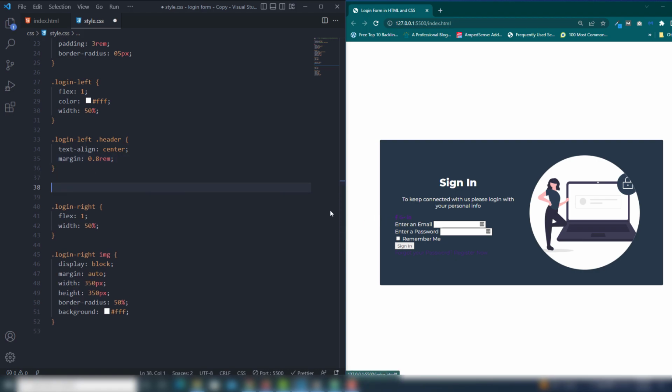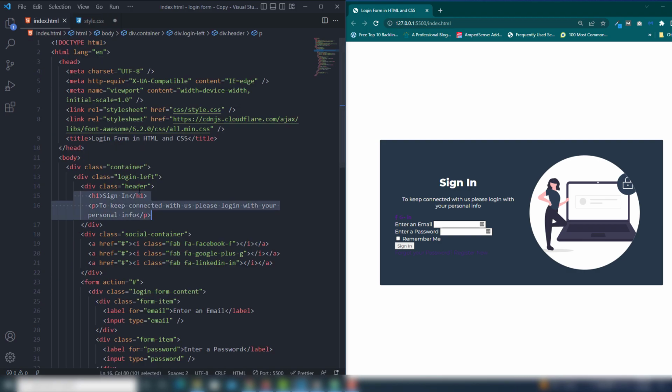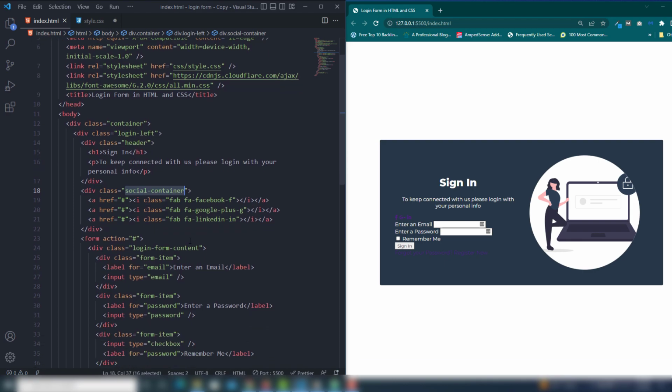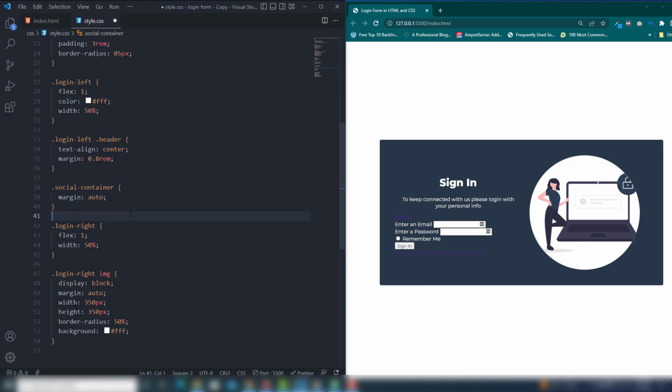Then I'm going to select the social sharing icons. So the first thing I'm going to select the social container, this one, and I call the margin. First I'm going to use margin will be auto, right? And then I'm going to select, what is that? Social icons, and inside there I have an anchor link like this one. So we're gonna select that,